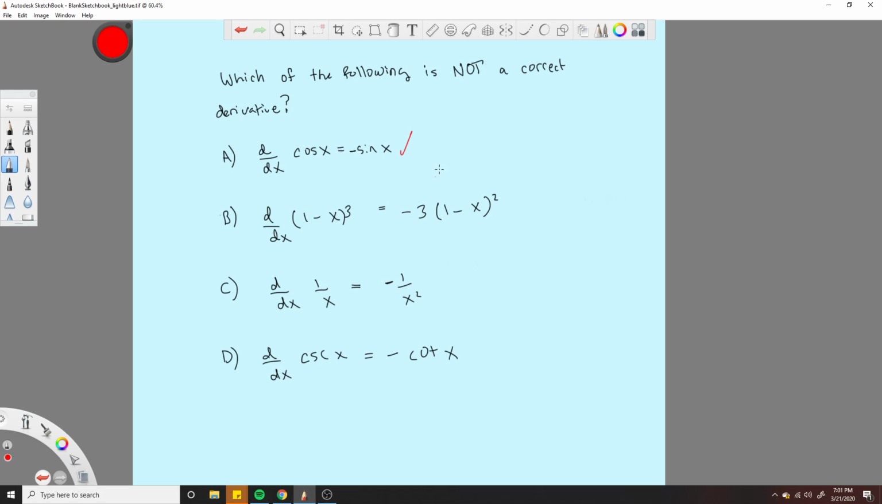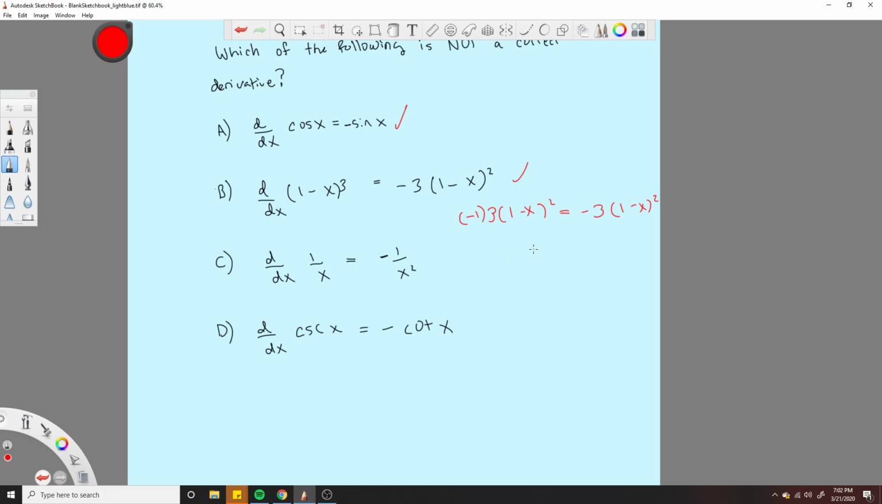Derivative of (1 minus x) cubed is negative 3 (1 minus x) squared. This would be a chain rule problem. So you would bring down this power. You'd have 3 (1 minus x) squared. And then through the chain rule, you'd take the derivative of this negative x here, and you would have a negative 1 up front. And that would leave you with negative 3 (1 minus x) squared. So that one's good. And if you're not too familiar with chain rule, you would